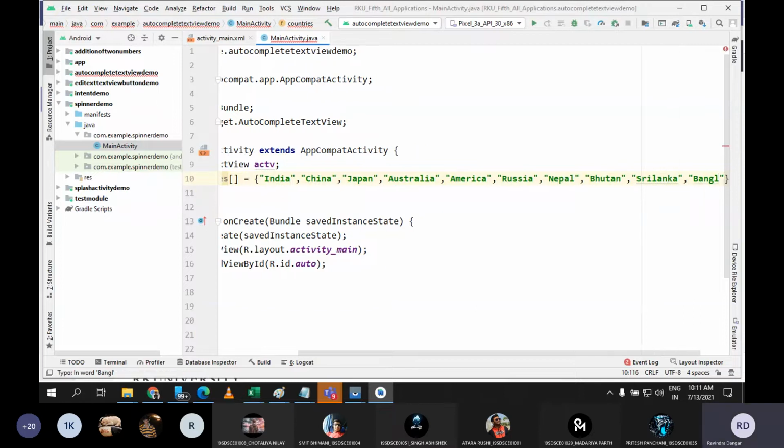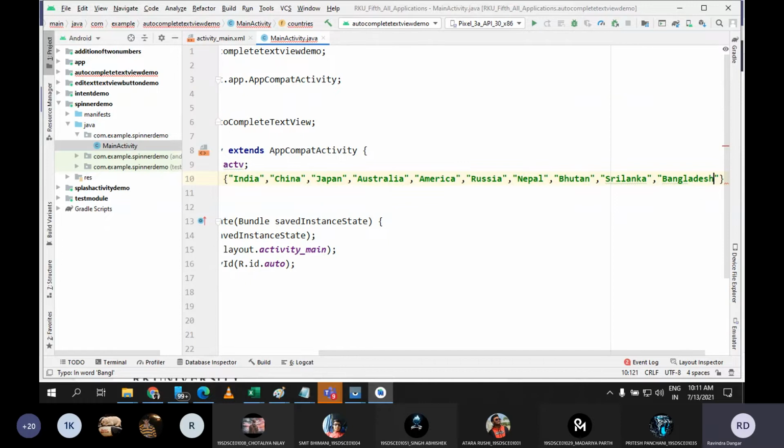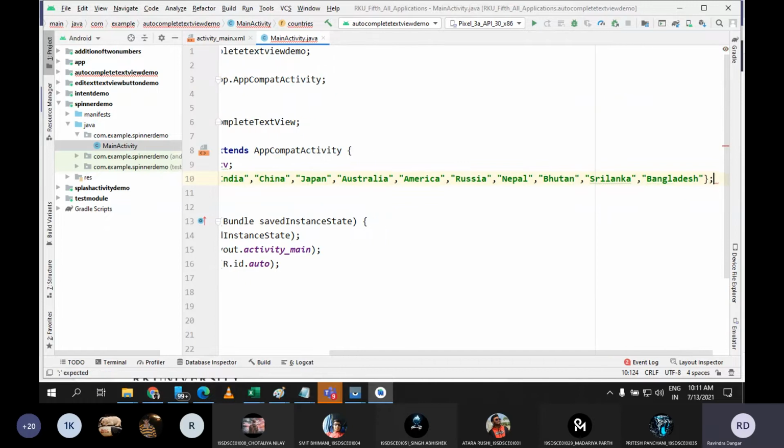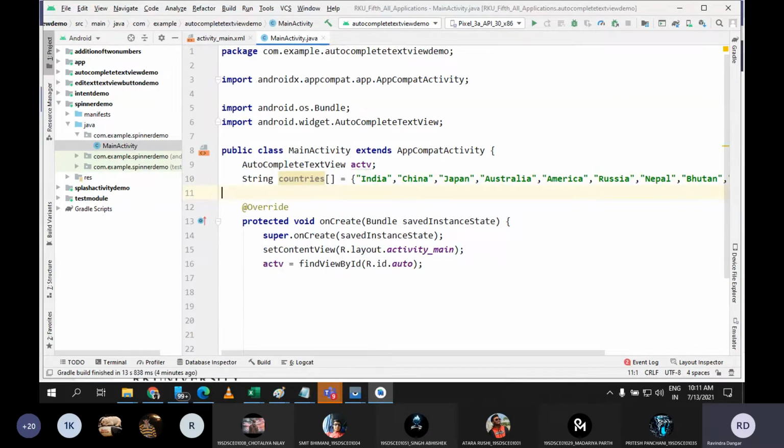Let me go with the neighbor countries. Yeah. So let's say we have this many countries inside the array. And so my array is ready. Now what could be the next step?